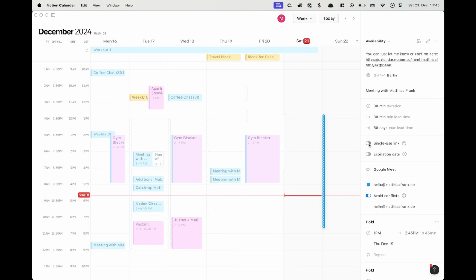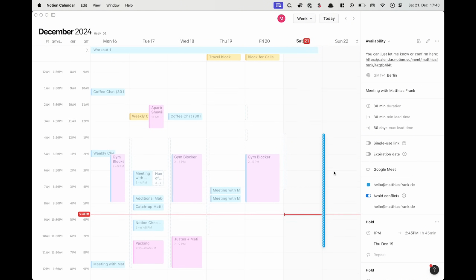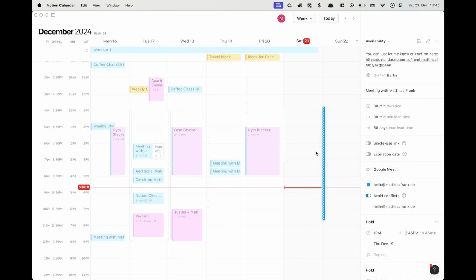So I could say this can actually, right now, be used to book multiple meetings, so I can share it with several people. I can also say this should only be used once. Plus, it now allows me to avoid conflicts, at least in one calendar. Again, it's not as thorough and mature a product as cal.com, where you can have several calendars to check for conflicts, but still a very, very solid option to make sure you can quickly schedule meetings without any additional